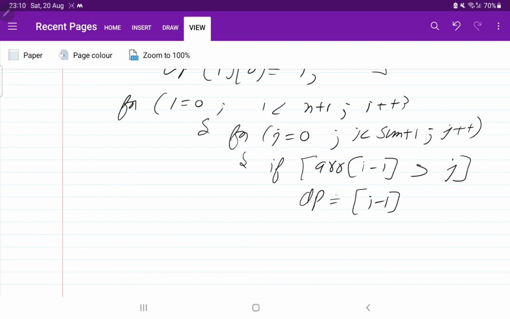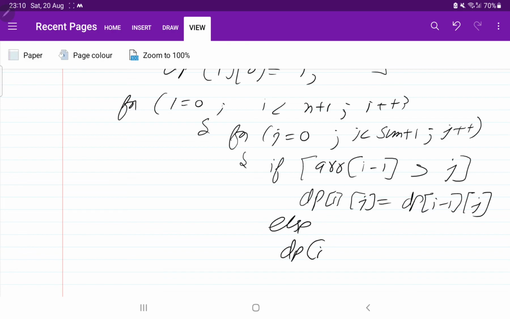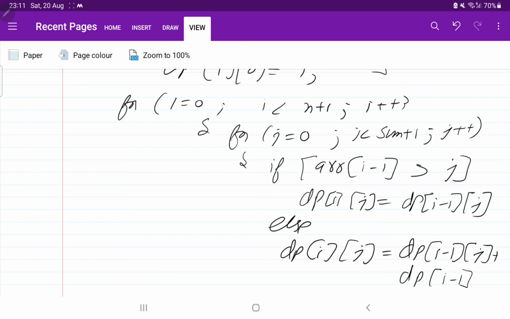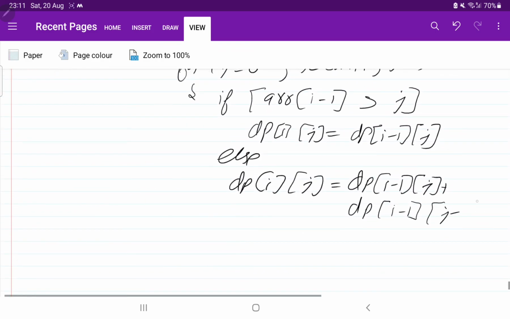It means dp of i comma j will be dp of i minus 1 comma j. Else, that element is filled with the decision of either selecting it or leaving it. So this is the code to leave it, and then we write the code for selection. If you select, the sum is reduced, so j minus array of i minus 1.